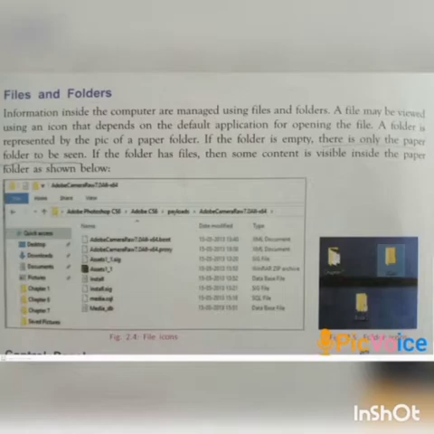Okay. Then folder. A folder holds one or more files, and a folder can be empty until it is filled. Some content is visible. The paper folder is shown in that picture.